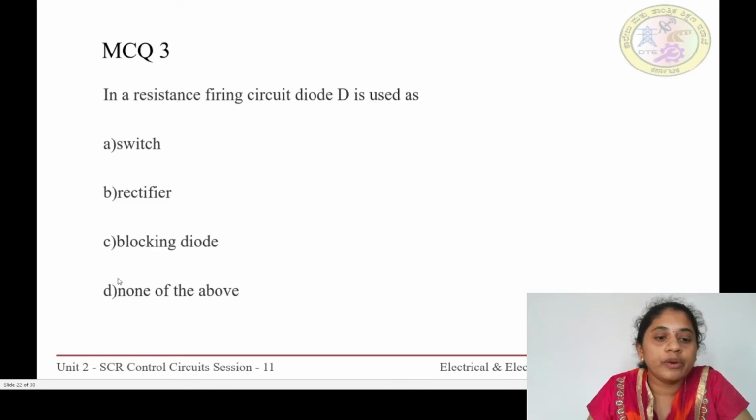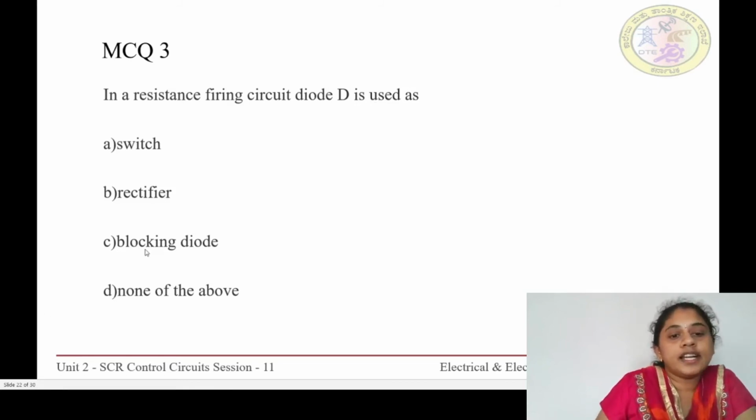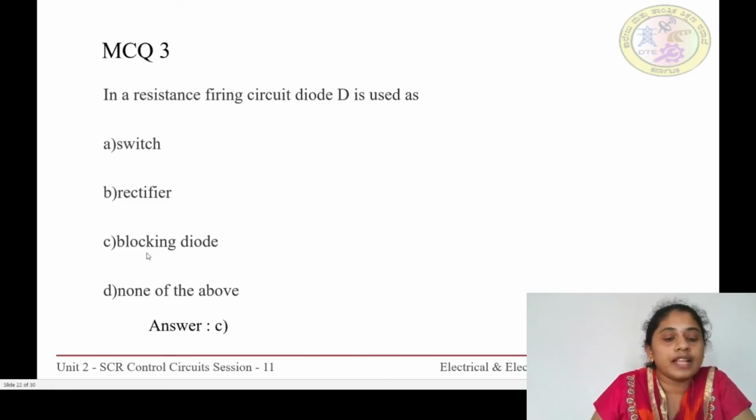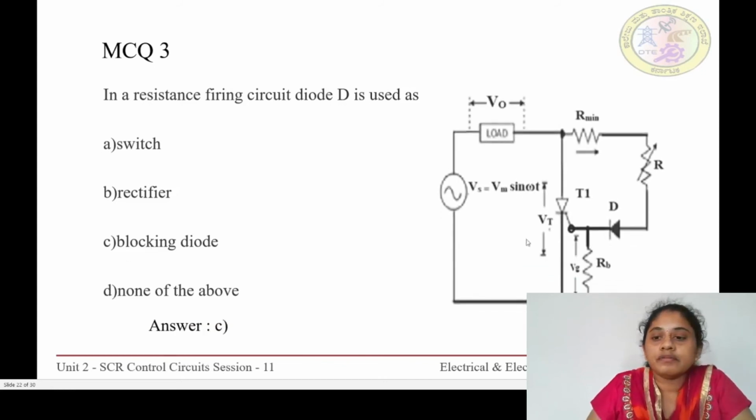Next multiple choice question: in a resistance firing circuit, diode D is used as a switch, rectifier, blocking diode, or none of the above. Yes, I hope you guessed. It is answer C, that is blocking diode. Answer C, because you can see here